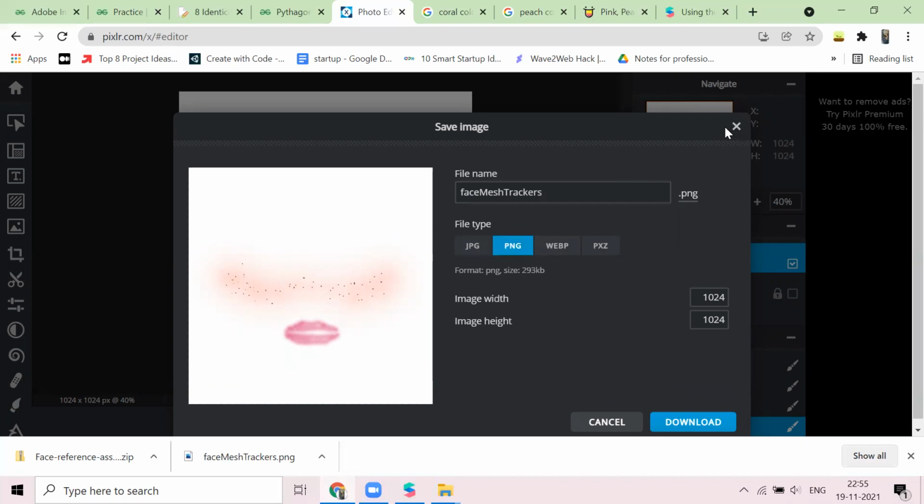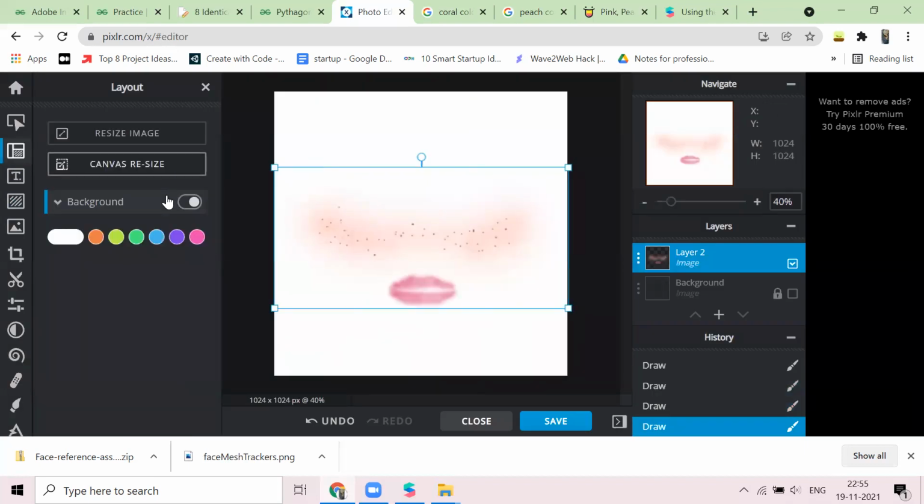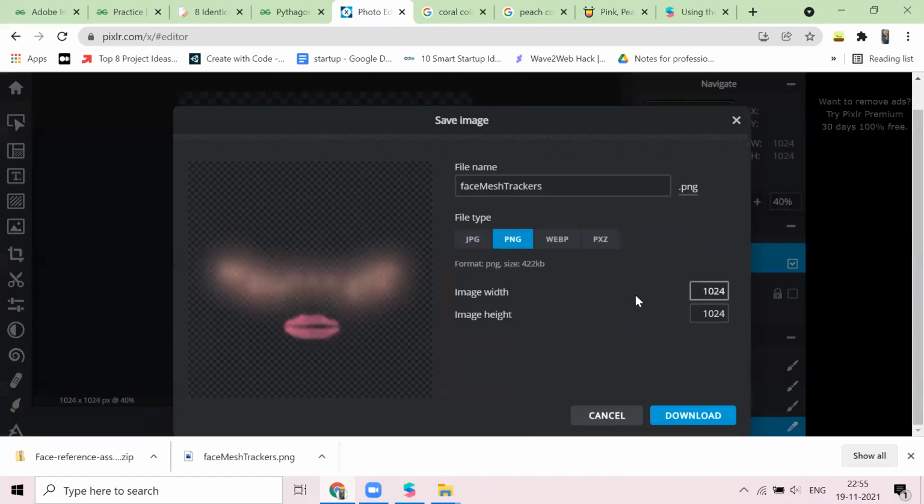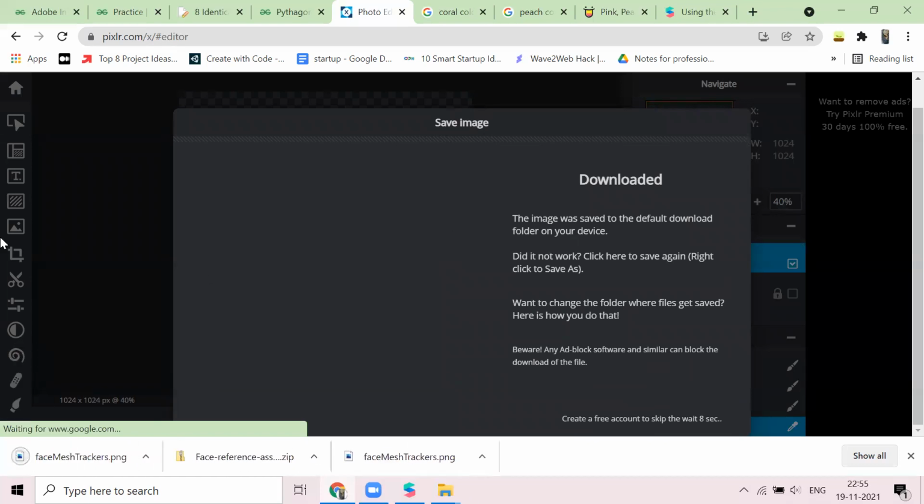Oh yeah, we forgot to disable the background, right? Now it is the real image. Save PNG. So we have the face mesh tracker's new image.